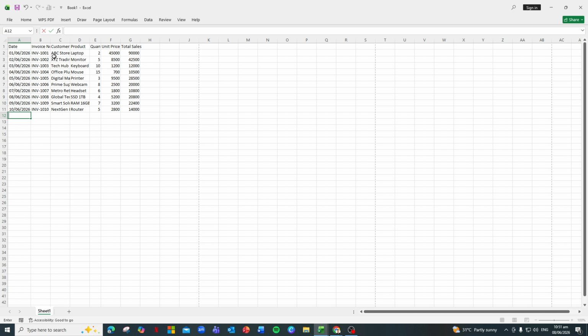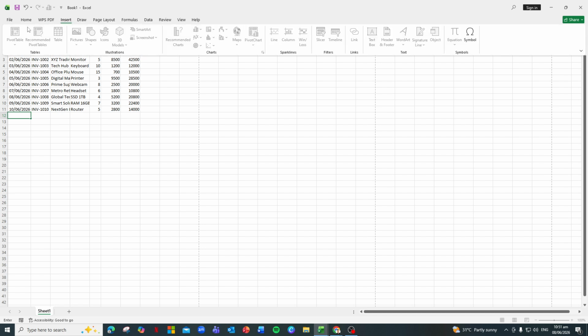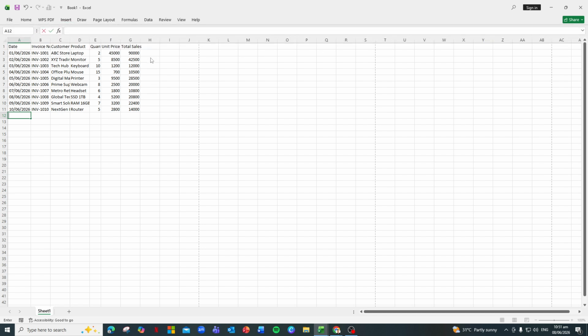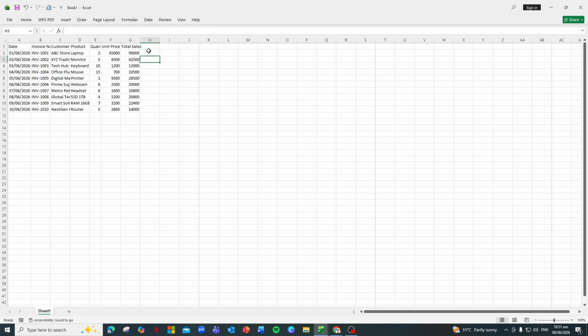Let's start with how to insert a header or footer. First, open your Excel workbook and go to the worksheet where you want to add them. Then, go to the top of the screen and click on the Insert tab. On the Insert ribbon, look for the Text group, and there you'll see an option called Header and Footer. Click that, and Excel will switch your worksheet into Page Layout View and activate the header area at the top